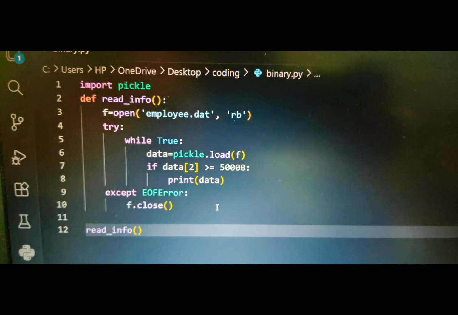So this is how you can do this work by using the Python language and the pickle library file, and then you can call your function and find those employees' information whose salary is greater than or equal to 50,000. So that's all about files in Python, and this is the last video of files